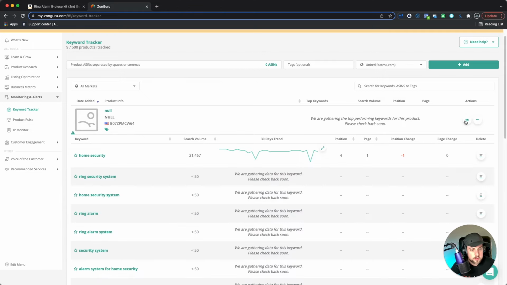Actually, let me look at right here. It is starting to pull some information here. So first one is home security system. We can see we're position 4 under home security. Come on, Amazon. Don't you own Ring? You should be pushing this up to position 1, right? But yeah, it